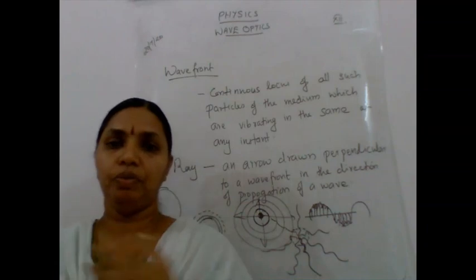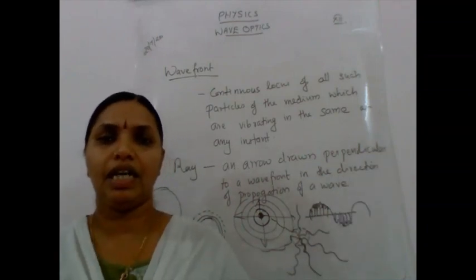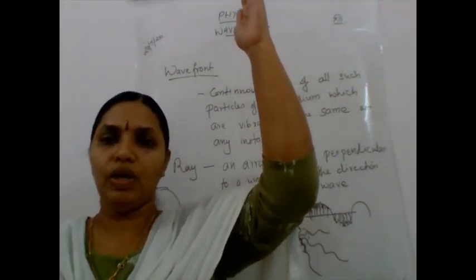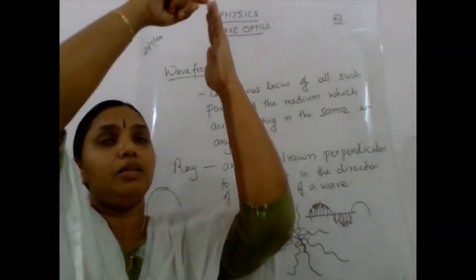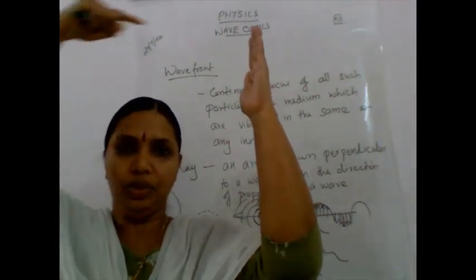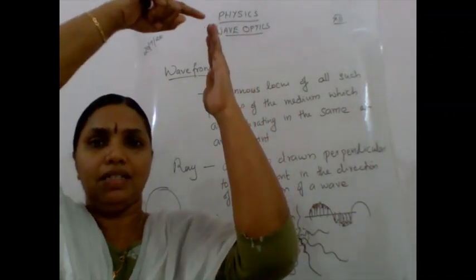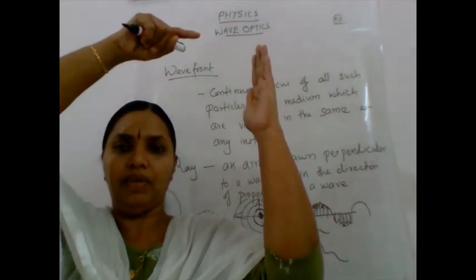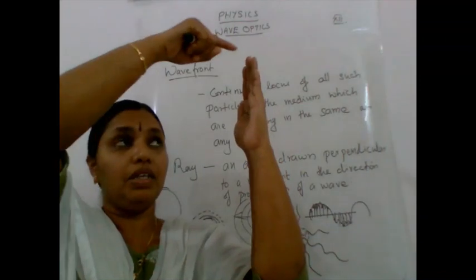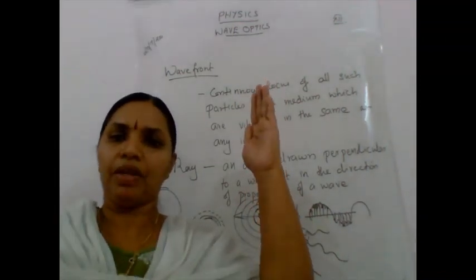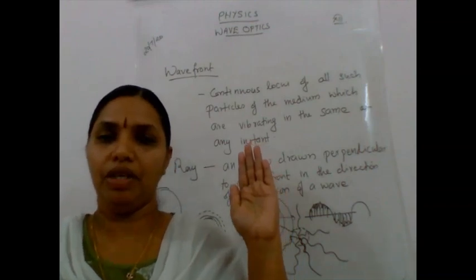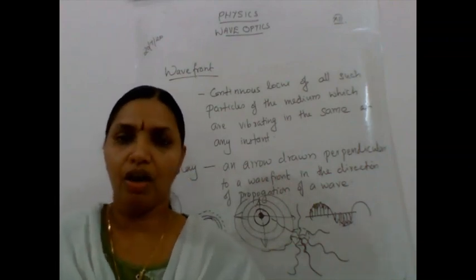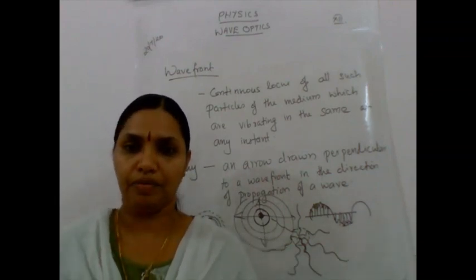For example, you people are standing in a circle, isn't it? Standing in a circle, and you all hold your hands, keep one hand up and one hand down. So I am joining all the points where the upper hands you kept like this. This tip of the finger I will join, so I will get a circle. So that is a locus. So where all the points are in the upward direction. And now I can join all the points in your hand that is in the downward direction. You put down. Okay. So if I am joining all that point, I will get a circle down, isn't it?